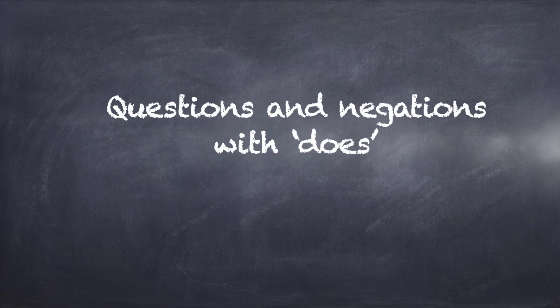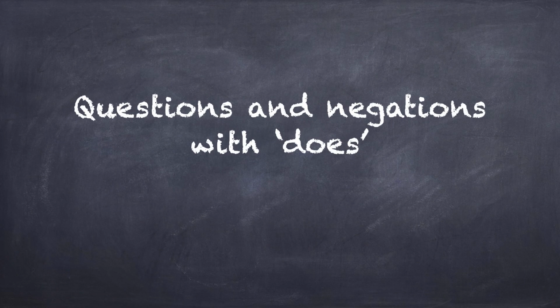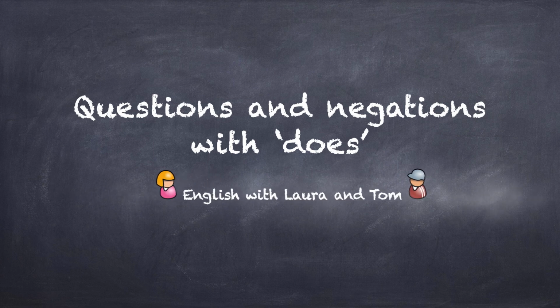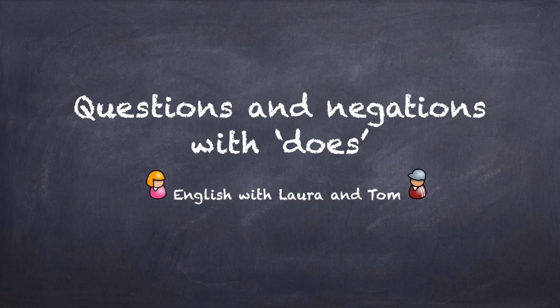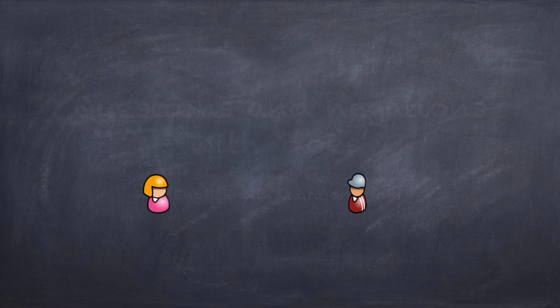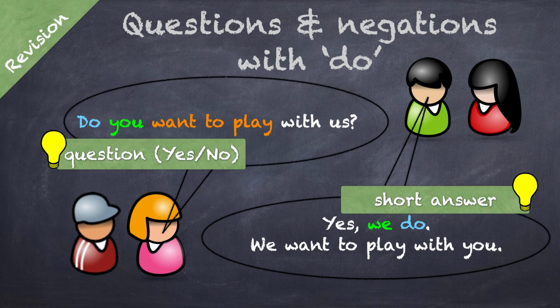Let's talk about questions and negations with does. Today you can learn more about the simple present and he, she, it with Laura and Tom. You already know that you always need the auxiliary verb do when you want to ask a question or give